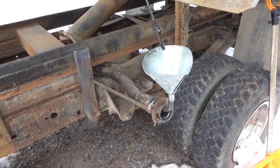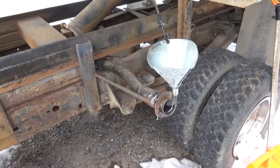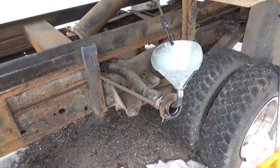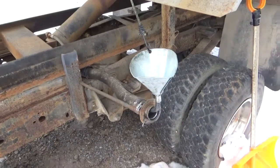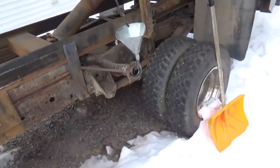It does use a tremendous amount of gas, but it also does a good job in what it is. So the 7.4 or 7.5 engine, I believe it has 460 or 465. I'm not sure about that with the Ford. But anyway, this is how I put fuel in when the body's up. When the body's down,